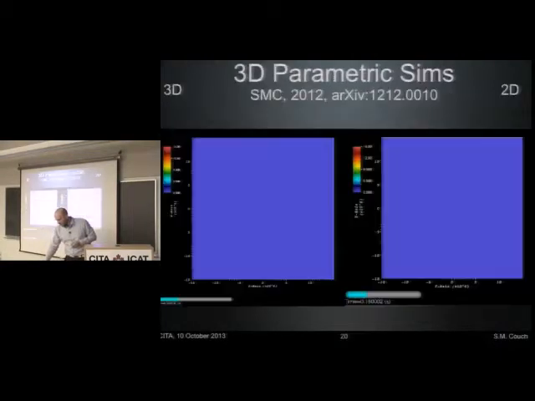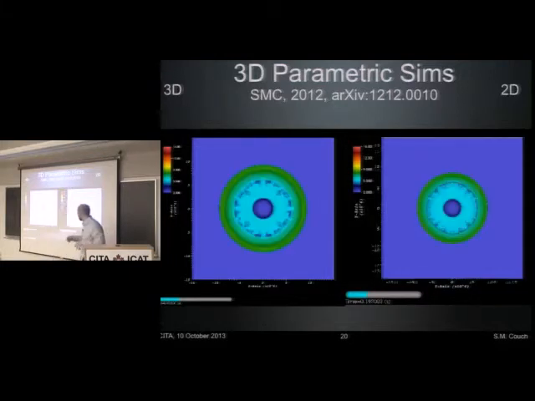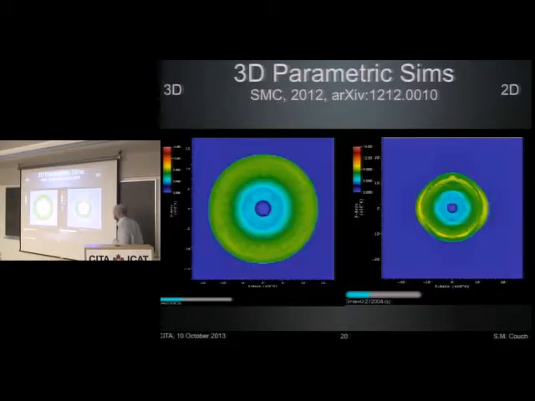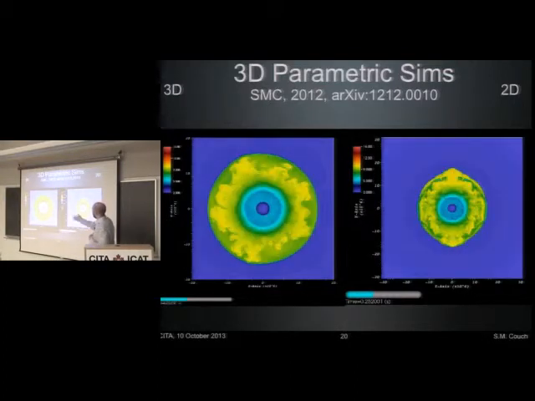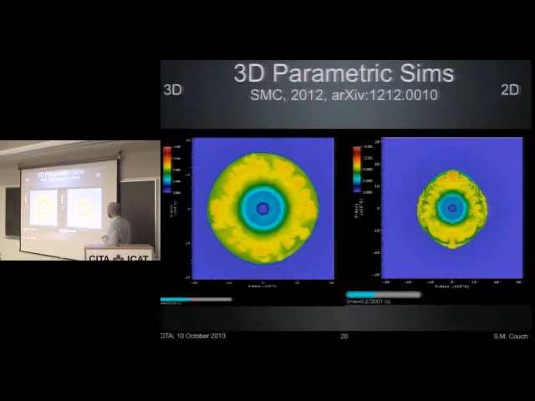So what did I find? Here's a couple of movies. On the left is 3D, and this is just a slice of entropy through the meridional plane. And this is 2D, with the same parameters for these simulations, the same resolution, and the same driving neutrino luminosity. Again, this is entropy. It starts right before bounce, and you see the formation of the shock there. It moves out, and immediately convection starts going in both 2D and 3D.